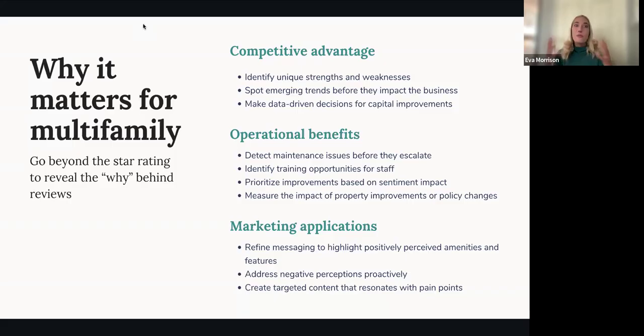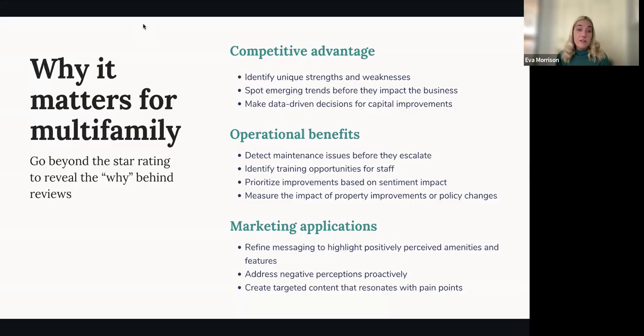And again, the biggest area that I think sentiment analysis helps us in is marketing. Now we can refine our messaging to highlight the things that renters are really positively perceiving, which might be different than what our gut was saying, or what we're assuming we should be highlighting for this property. Renters may have a different viewpoint that we can pull out, the themes that they are really being pleased with in each individual community, and bring that into our marketing to help sell that to folks who are in the prospect stage.